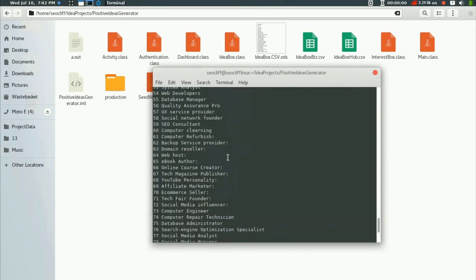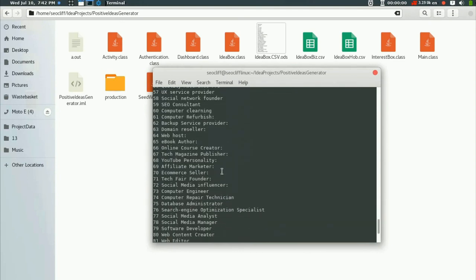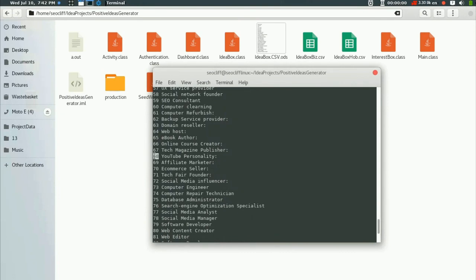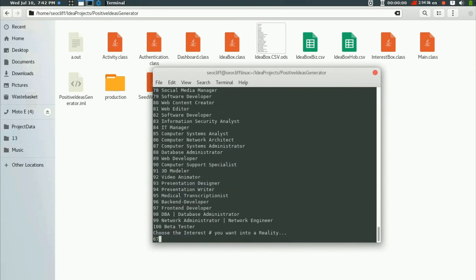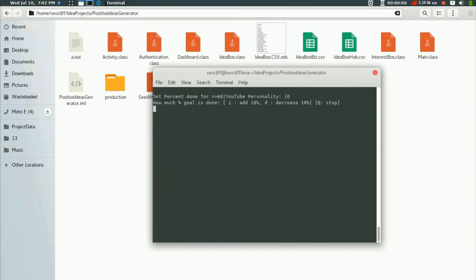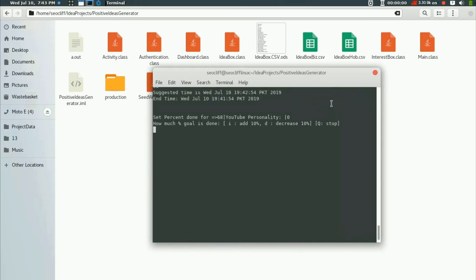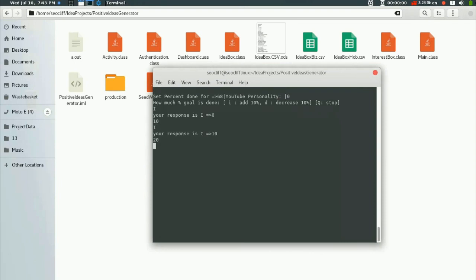Okay, let's say I would like to use E personality. For that I type 68. So I choose 68, and it asks me how much I have done this activity. I increases the percentage of completion, and D decreases the completion. For Q, it just stops tracking the percentage completion. So let's say I want 50. I say I,